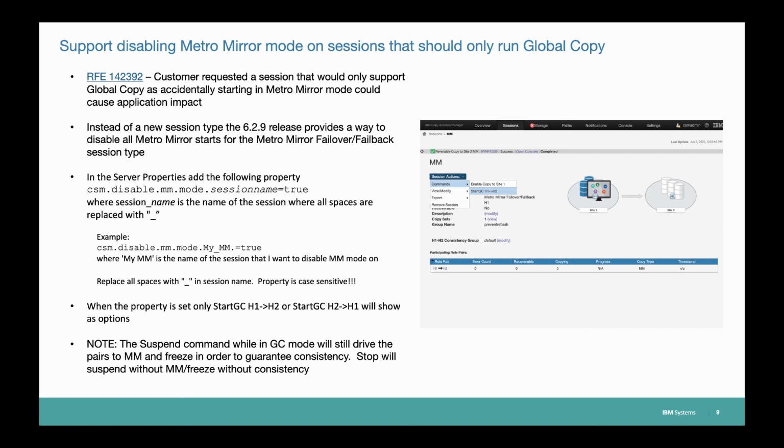mode. The global mirror session also supports global copy, but if you're looking for straight global copy, that's what you would do: create a Metro Mirror failover failback session and then do the start GC command to start it in GC mode. So the problem the customer had was that the start GC command and the